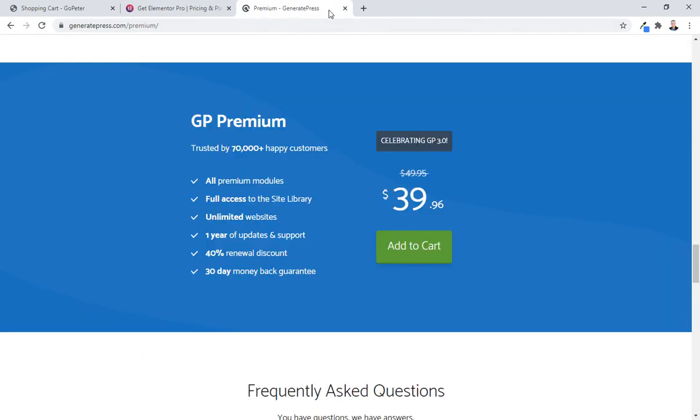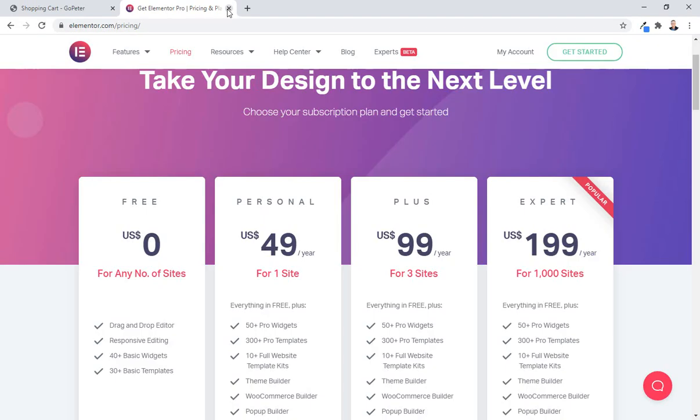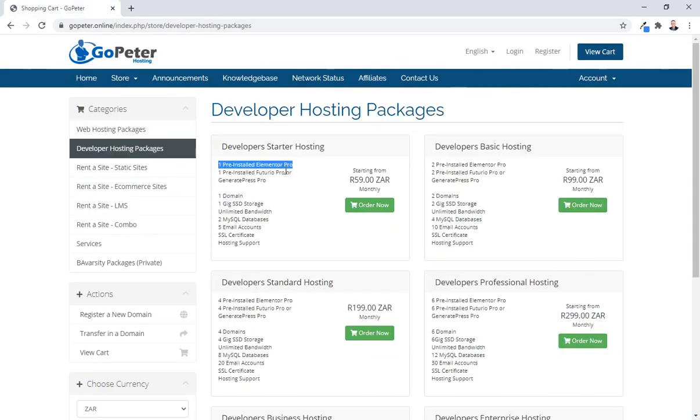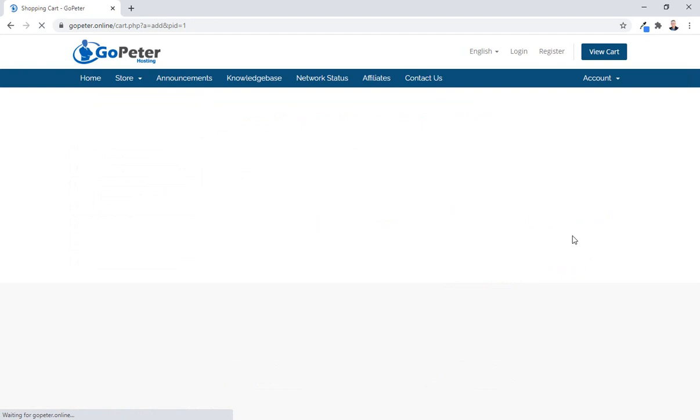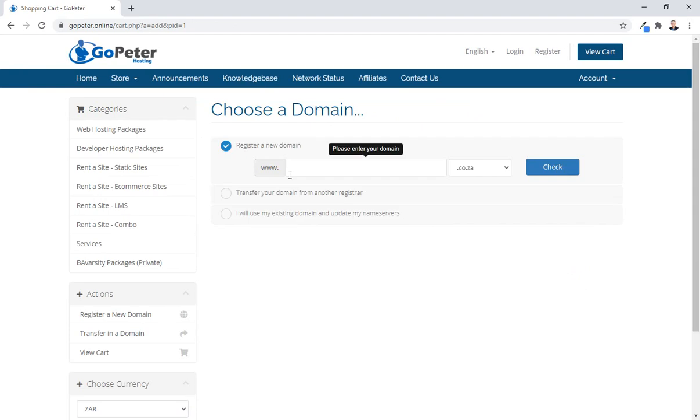So basically you've got a choice between the two. That's about $90 included in the developer's hosting package. Alright, so let's quickly look at how we're going to set up a hosting package. I recommend that you go for this, especially if you're going to need some extra space to learn how to play with different things. Right, simply just order that, click on order, and it will ask you firstly for your